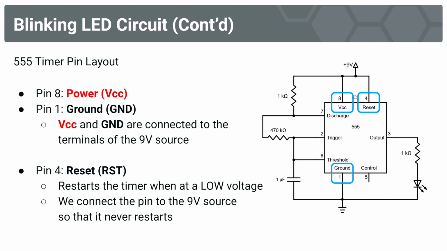Now that we've discussed the 555 timer's functionality in this astable mode as it's used in a blinking LED circuit, hopefully it'll become more clear how these different pins work, which is why I've saved the discussion of the pin layout for last. So the pin layout, or the pinout, is something that you would often see in a data sheet. The data sheet would describe each pin, its function, its name,